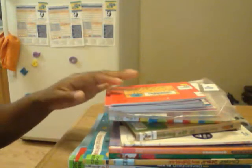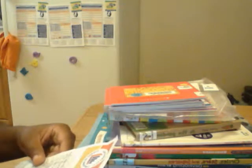Hi everyone, I wanted to come and do a quick library haul. I went to the library today and I got some great books, and so I wanted to share with you guys. The reason why I ended up getting so many is because we signed up for the summer reading program